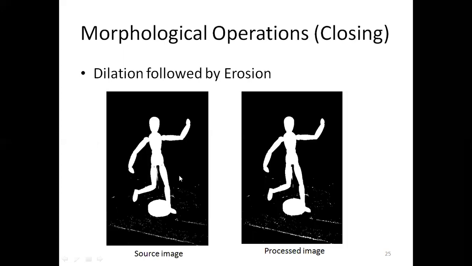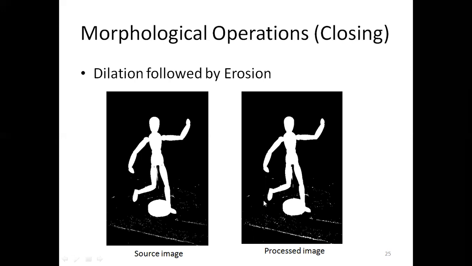The next operation we have is the closing operation, which is the opposite of the opening operation. So first we apply dilation, then we apply erosion. This is the source image. Dilation will increase this foreground image and then we apply the erosion, so again it will decrease the increased part. Here in our case, the closing operation is not a perfect match because it is not solving a problem.